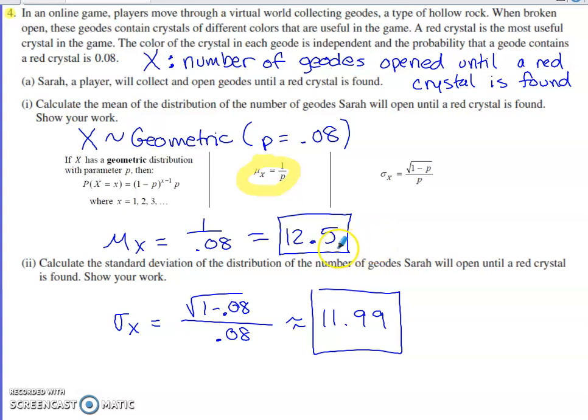mean of the distribution is going to come from an application of this. So 1 divided by 0.08, so 12.5 geodes on average would have to be opened until Sarah finds a red crystal. And then the standard deviation, the actual number of geodes she's going to need to open until she gets a red, is going to deviate from that mean by about 12 geodes, 11.99 geodes on average. It does ask you to show your work in each calculation, so showing this intermediate step is definitely something necessary